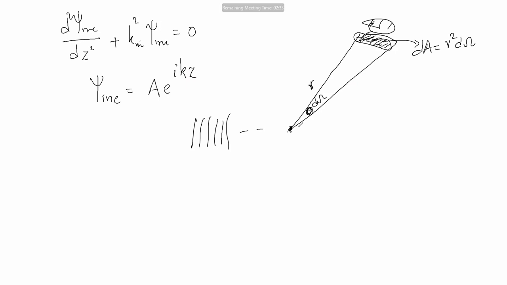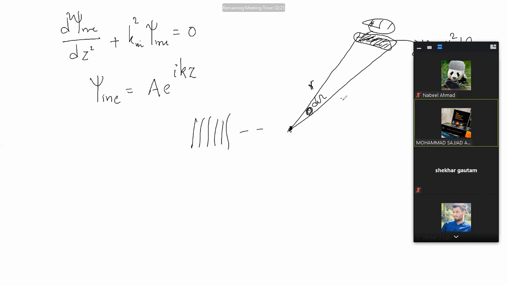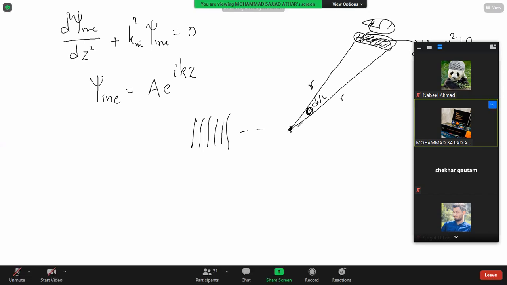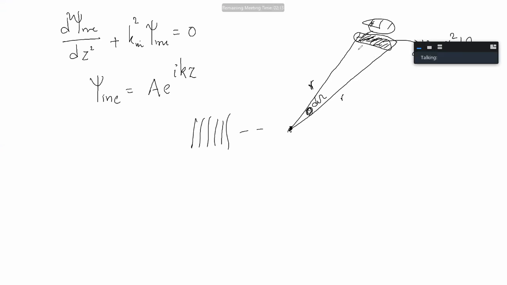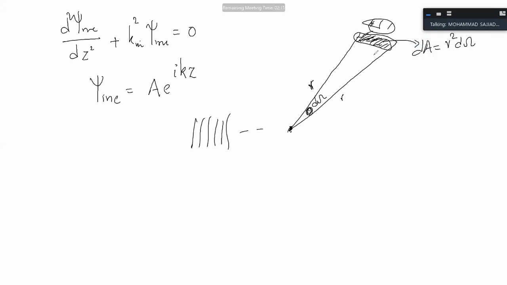See here, what I am telling you is that the distance between the detector and the scattering center is infinite, and therefore if I am assuming this R, then this is also R, because for infinity, whether I am measuring from the left or from the right or from the center, that is one and the same.